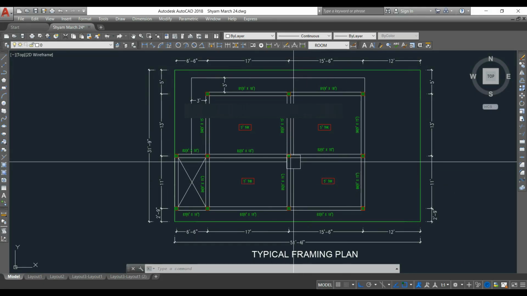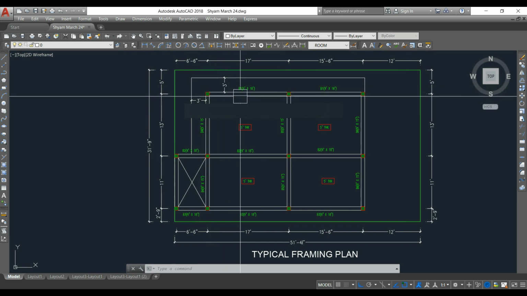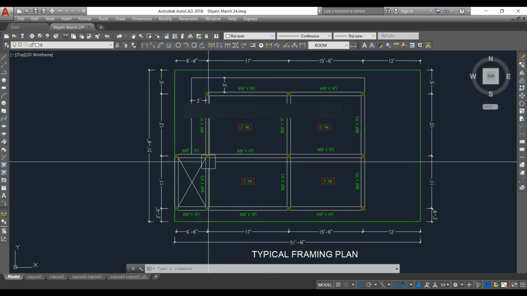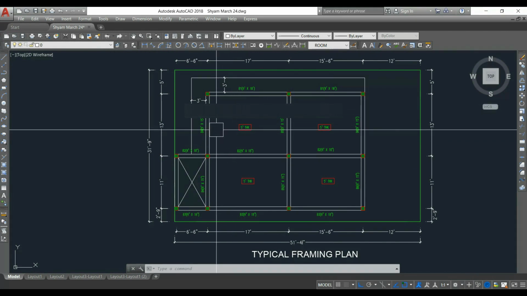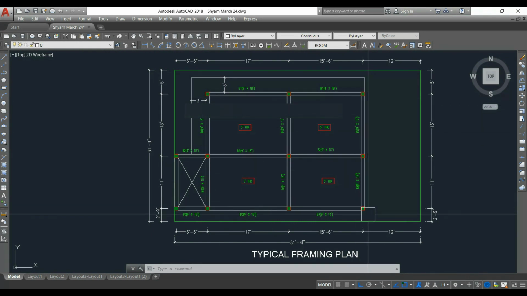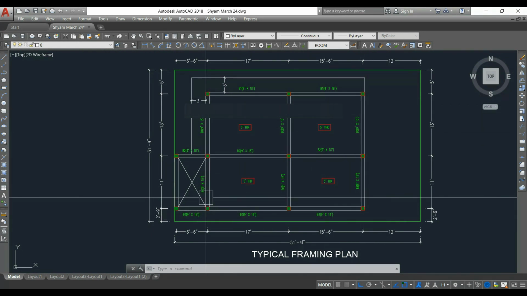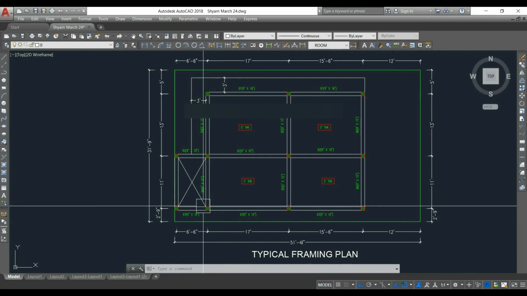Here is the typical framing plan. So in this only we are going to apply loads using StatPro software. So here what we have to do, this slab load we have to apply as a floor load, and whatever the walls, main walls and partition walls are coming, those loads we have to apply on the beams as a member load, uniformly distributed load. And then staircase load we need to apply.